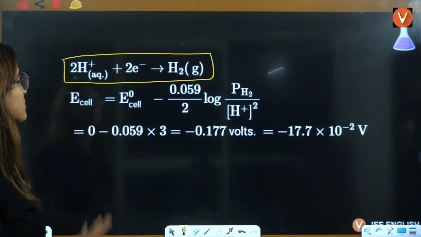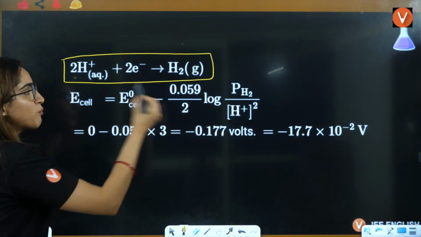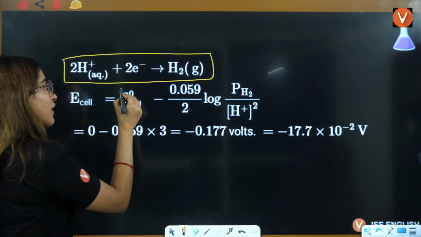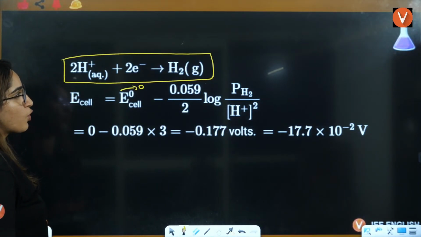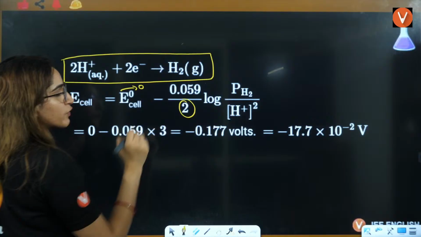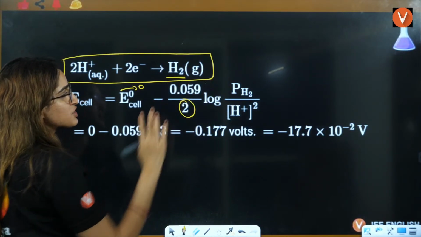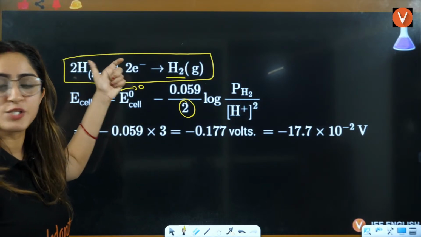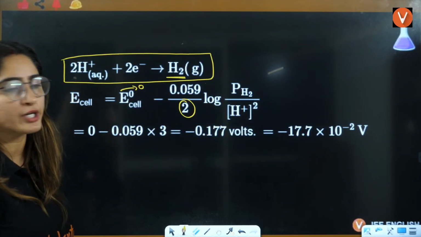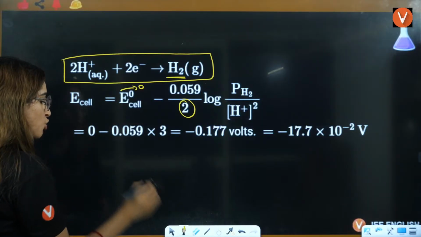So that means pH is given to you. Now this is the formula, right? E naught value, we know that this is equals to 0. 2 electrons are gained, so here we have put 2. Product is H2, so here I have used pressure of H2. Reactant is H positive, so it will be H positive raised to power 2, right? Now when you solve this,